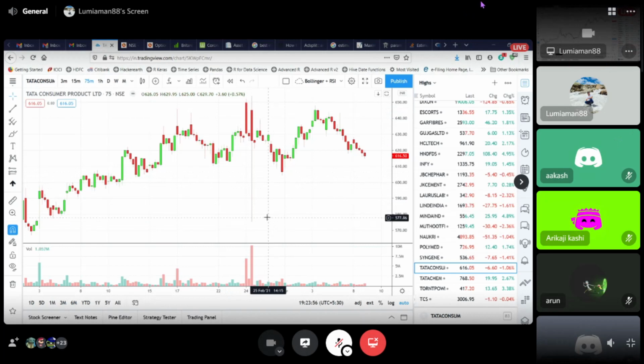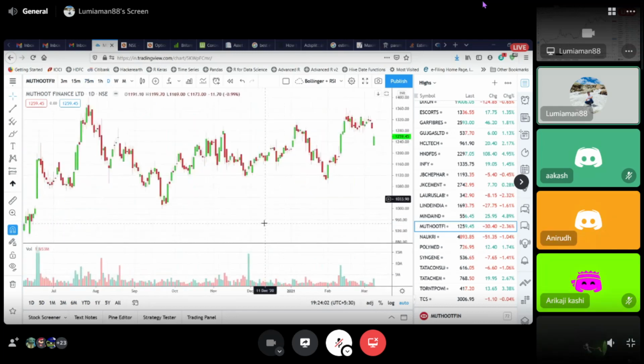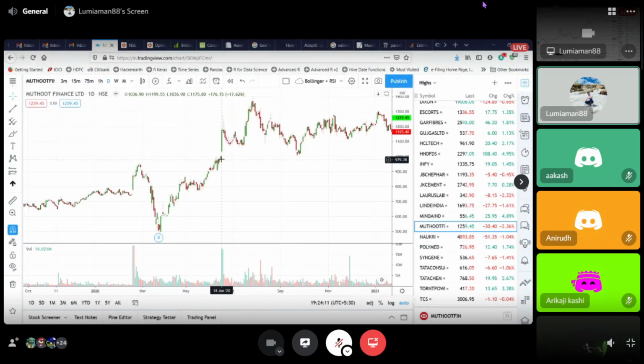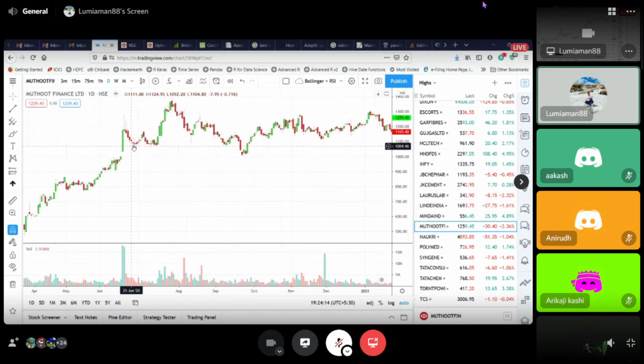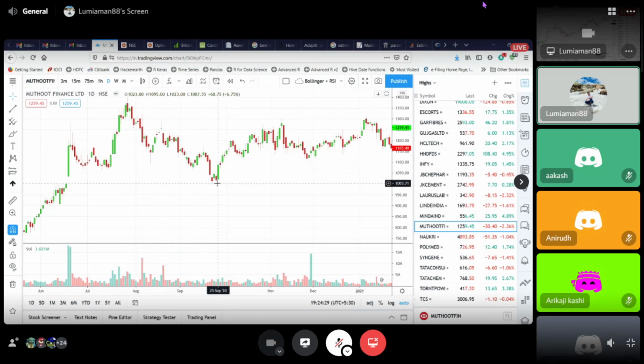Okay. So we were at Muthoot Finance when I first interrupted. Yeah. Okay, let's see Muthoot Finance. See, this was the gap up region, and this is where we had the previous second top. So this whole 1000 to 1060 range, this whole 60-point range, was a very strong support zone for Muthoot. When it went up, it hit a high of 1400, and then it slightly started coming down, and see this big green candle here. 1000 was the support. We knew this is the whole support range. At the support range, when we get such big candles, this is a cue to start going long.